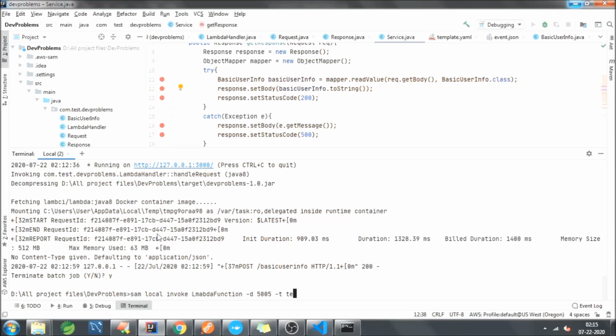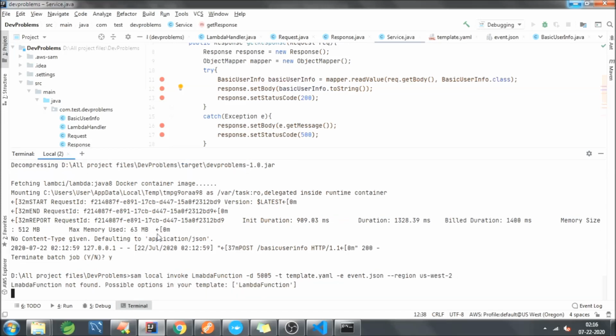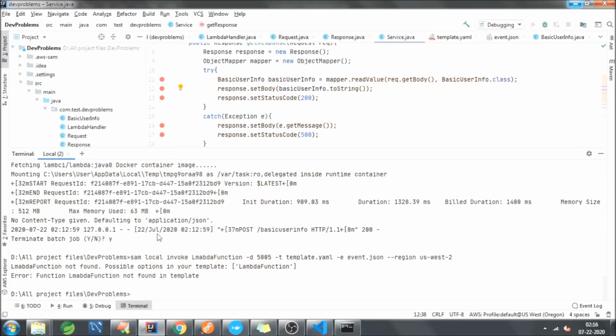You also need to provide your template always, and the event file and region as well. Now we will hit enter, and it says Lambda function not found, so I have misspelled that. I will correct that.